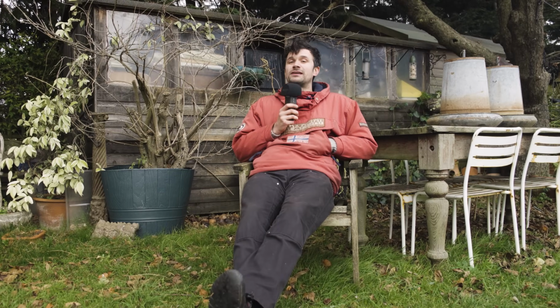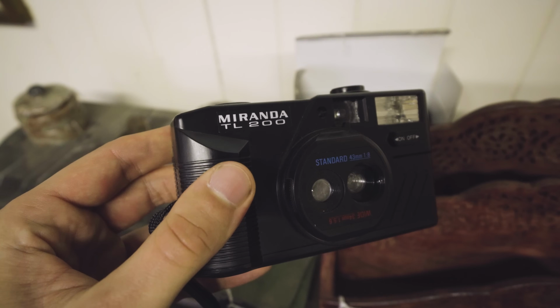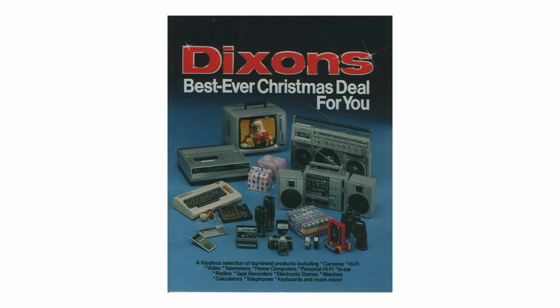But, and I'm sorry if you're a die-hard fan, the name Miranda doesn't really scream high-quality photographic equipment. I'm sure the earlier stuff is quite good, but I heard that this camera was made at a time where the Miranda name was owned by Dixons, who was sort of like a bargain electronics retailer. In fact, the best thing about this camera is that it forced me to discover the Dixons 1982 Christmas catalogue,